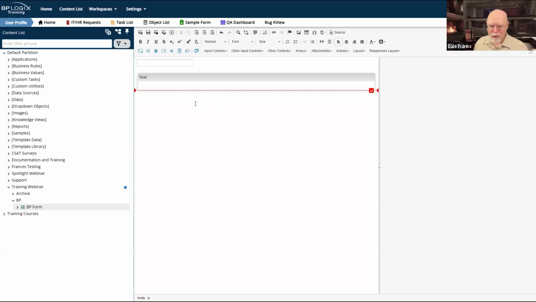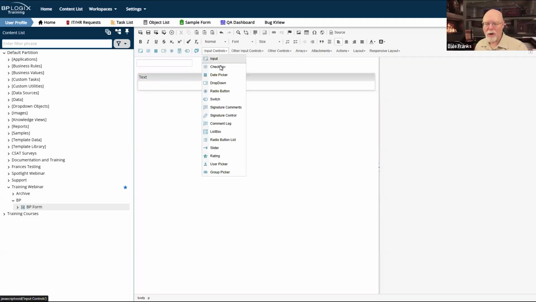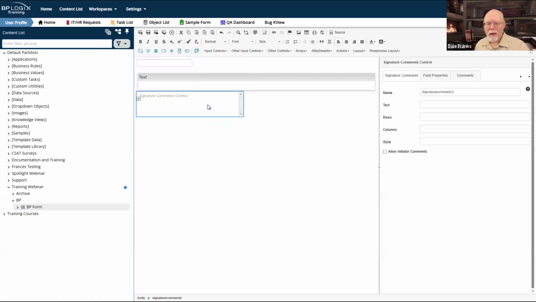Irrespective of what your form is or how long it is, don't forget to do two things. Don't forget to, right below your last form field, wherever it may be, actually, don't forget three things. Don't forget to drop in a signature comments control. Give your approvers the ability to comment.